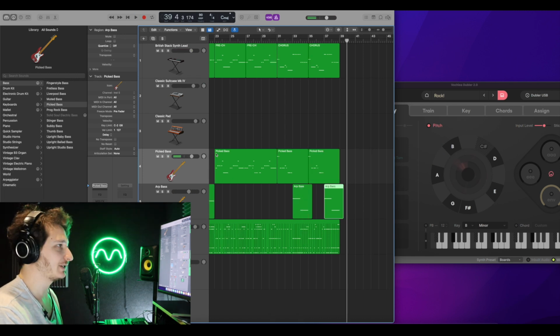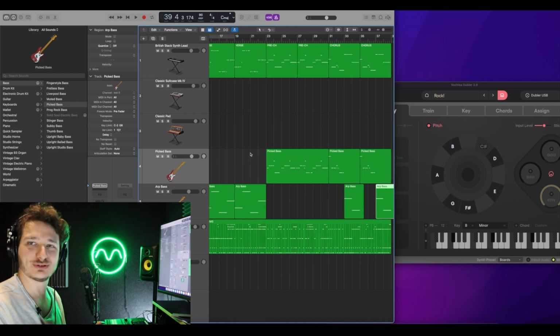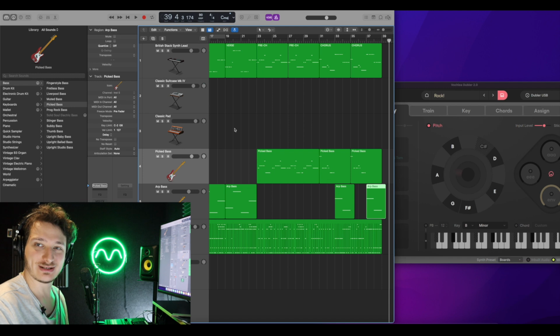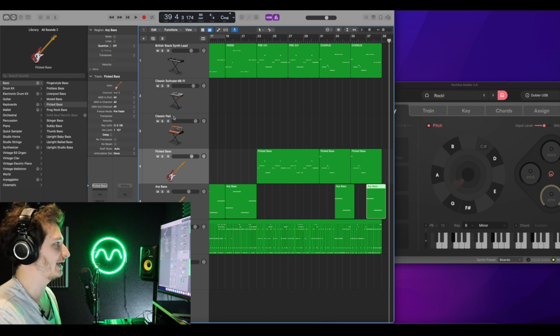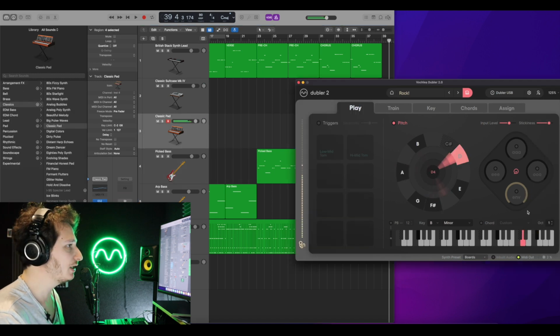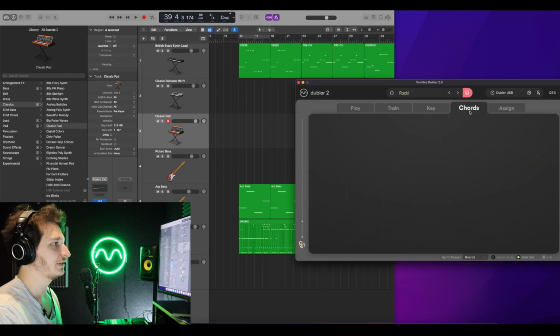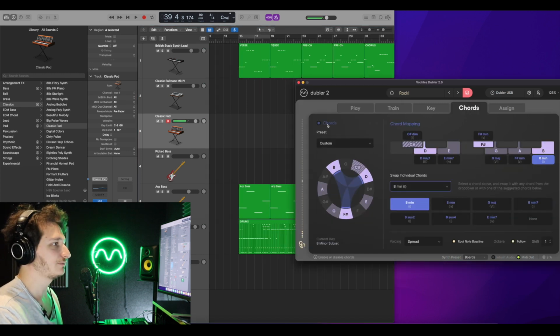Now that we have the bass parts down, we can start introducing some other elements like a pad, for example, and we'll use Dubler's Chords tab to do this. So here's our pad. Pa, pa, pa, pa. Now we can head over to the Chords tab, enable chords,